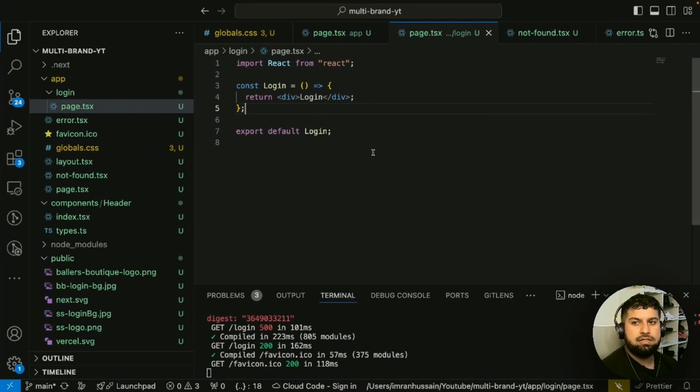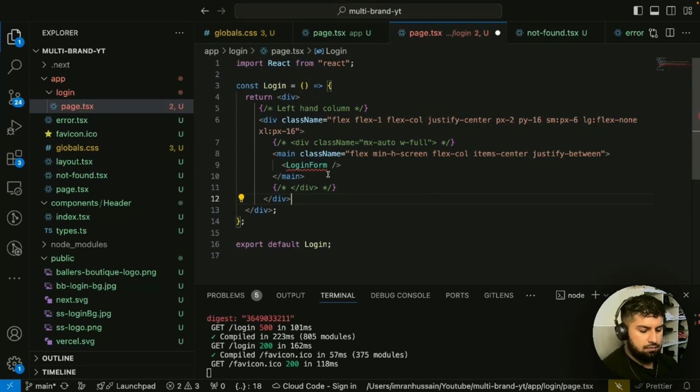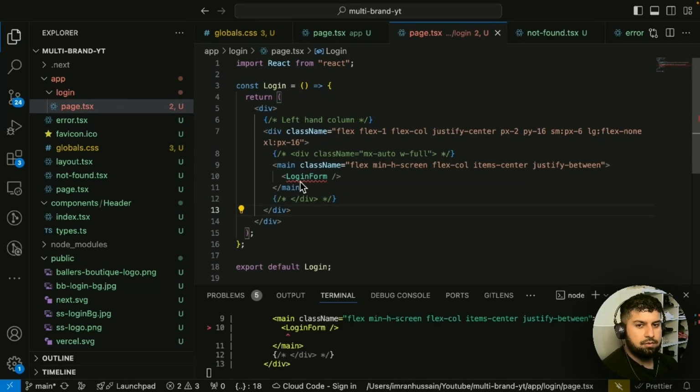So what I'm going to do, first of all, is we have two sections in the login page. The first section is the div, which is the left-hand column. So let me just bring that in actually. And we have a login form. So I'm going to bring in this login form as a component. And if I just copy what I have, in the login form we have an import, and we also have a